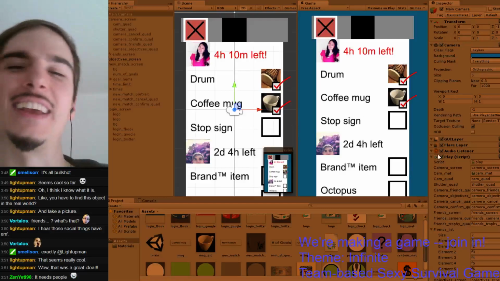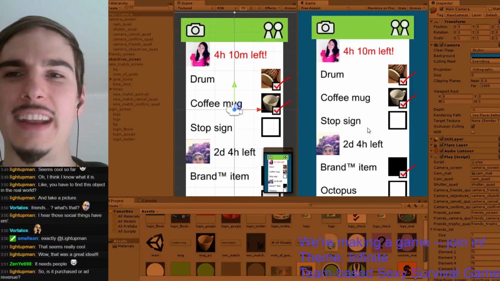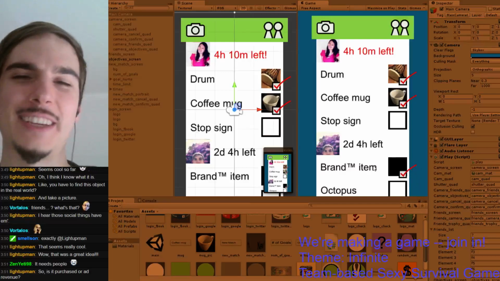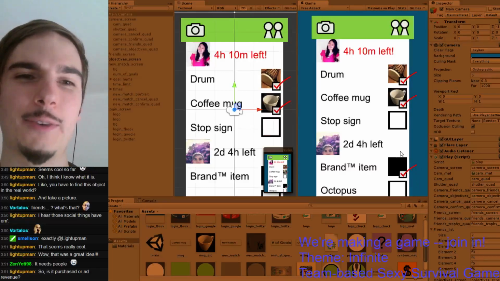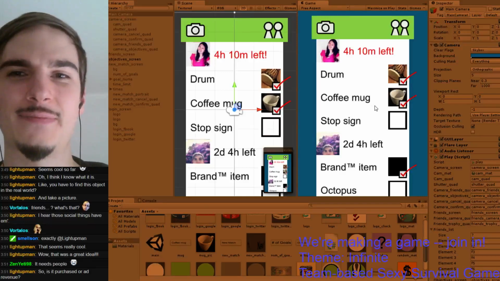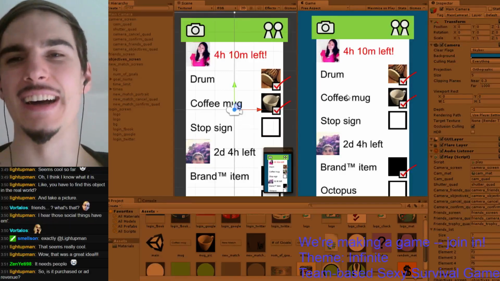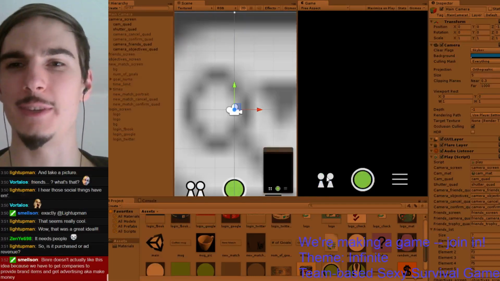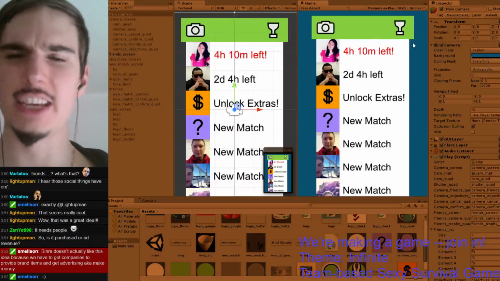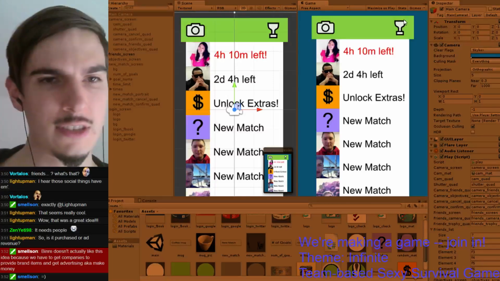Anyways, let's say I took a picture of one of my things, so I could apply it here, and then I can save it, and now, I mean, the picture's not going to show up, but if the camera were in order, we would now have our picture, and so, yeah, that's what that's about. Yeah, the camera does actually work on mobile. I haven't put in the trophy screen yet, but,